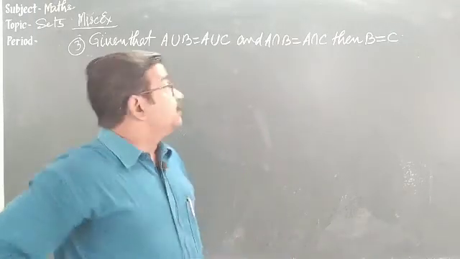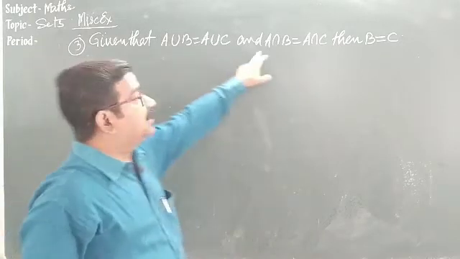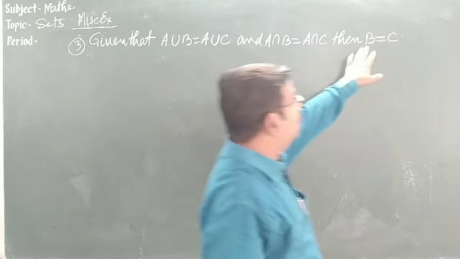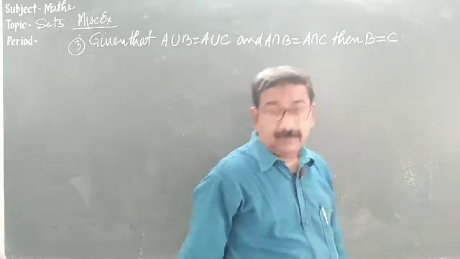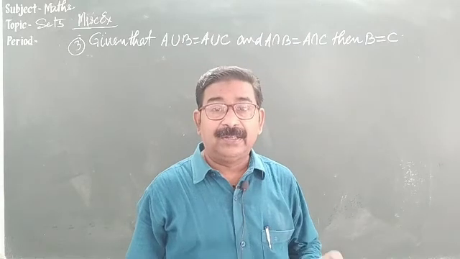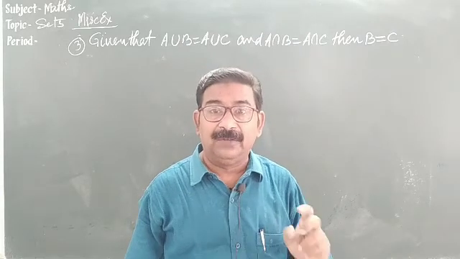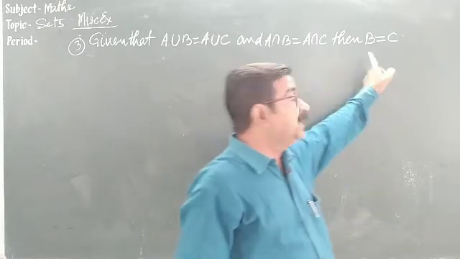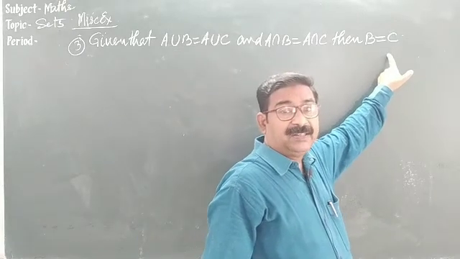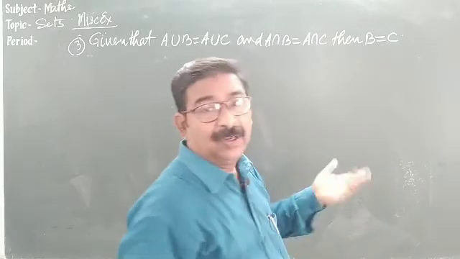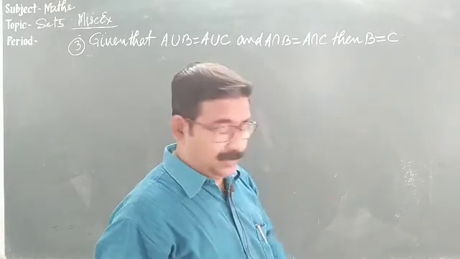Now let's see. These two conditions are given. With the help of these two conditions, we have to show B is equal to C. B is a set, C is a set, and I have told already that two sets are equal only when they are subsets of each other. Means B is a subset of C and C is a subset of B, then we can write. Or we can show left hand side equal to right hand side, then it is okay.